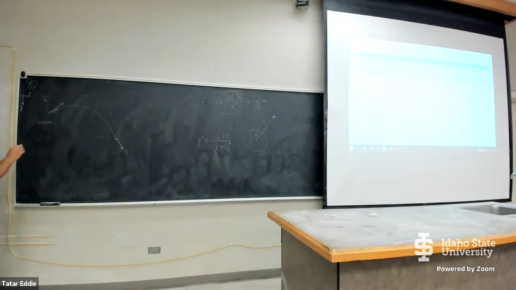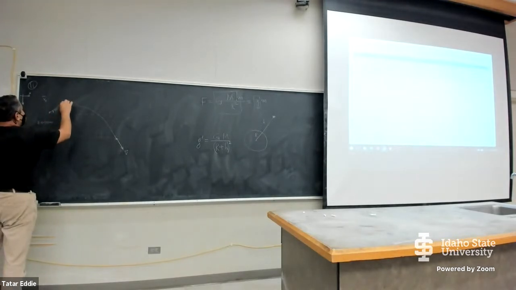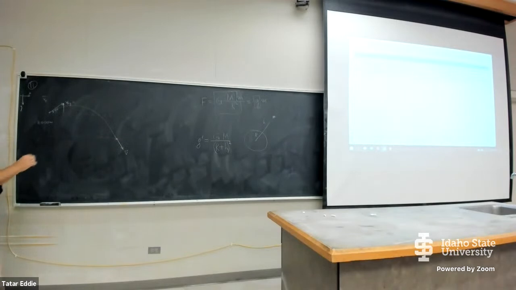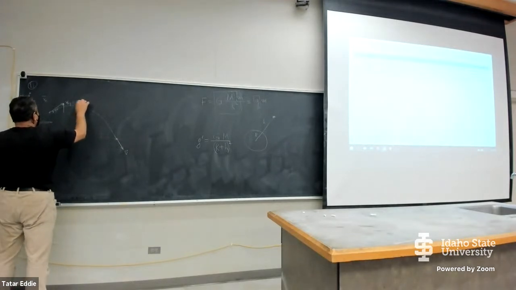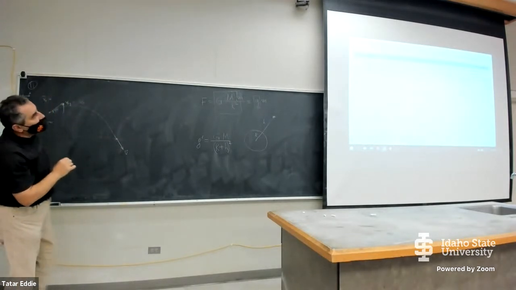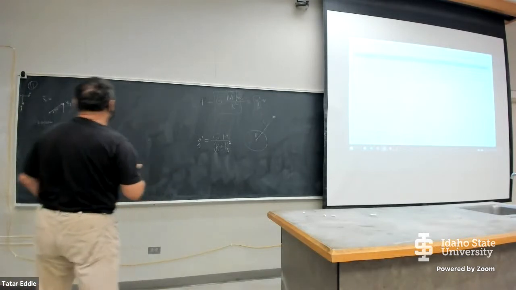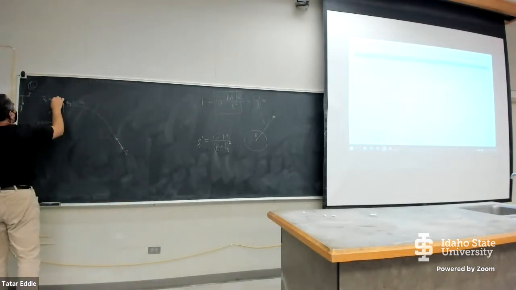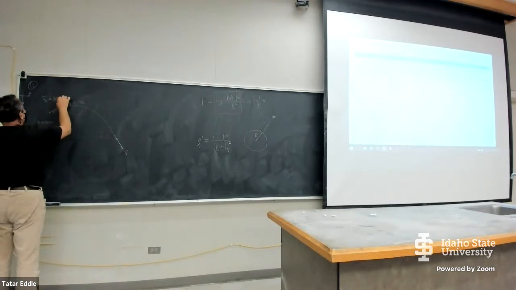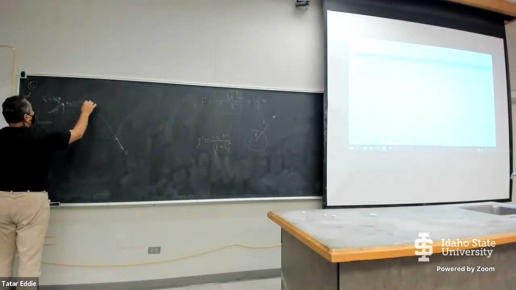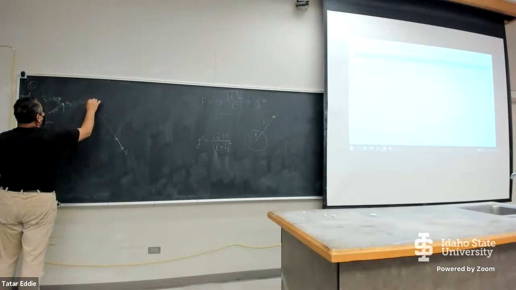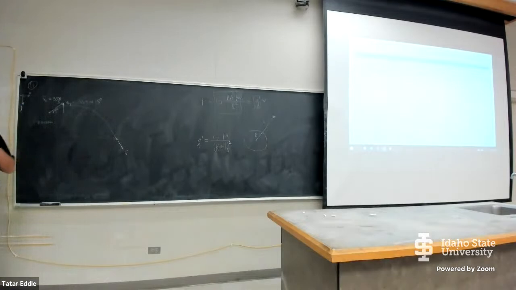Okay, now let's do the decomposition. This is the vertical component of initial velocity, v naught y, and it is equal to the hypotenuse v naught, which is given. For me, it is 130 meters per second, multiplied by sine of 15 degrees. And now look, my choice of coordinate system,